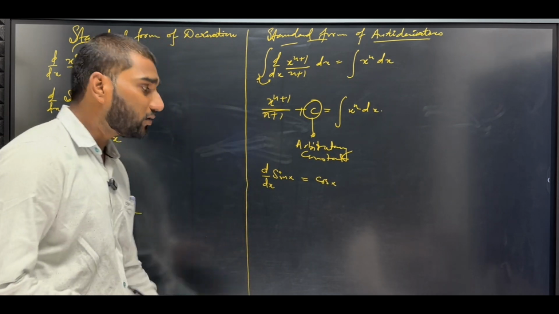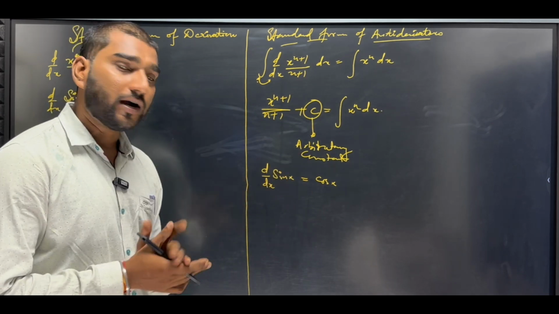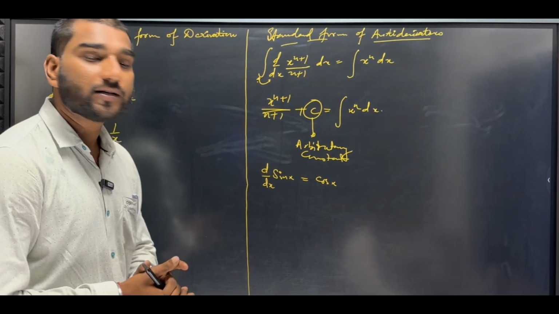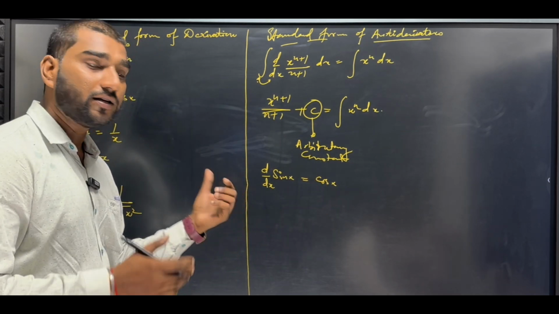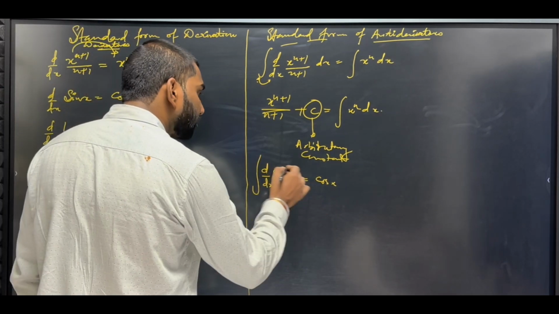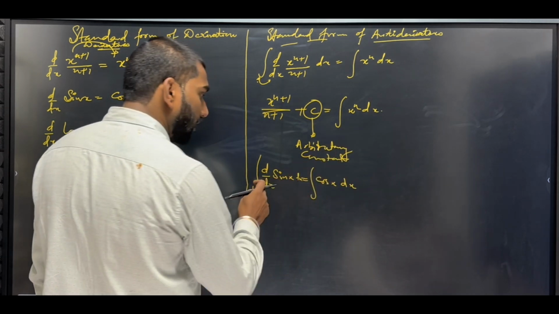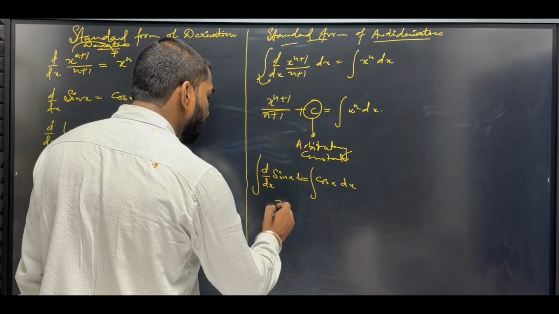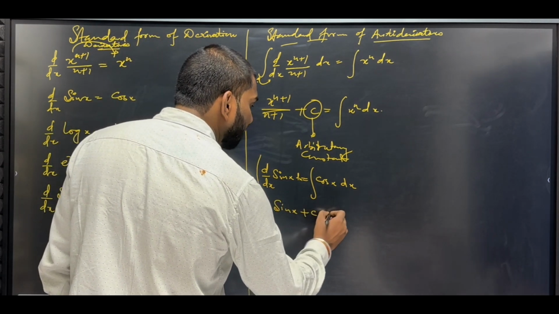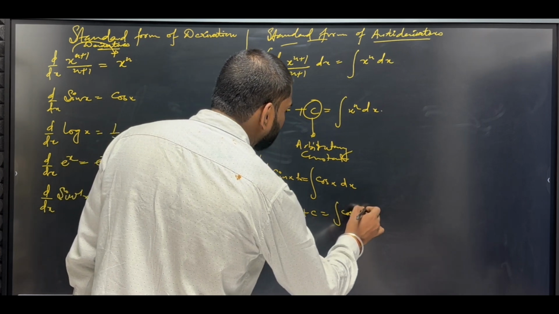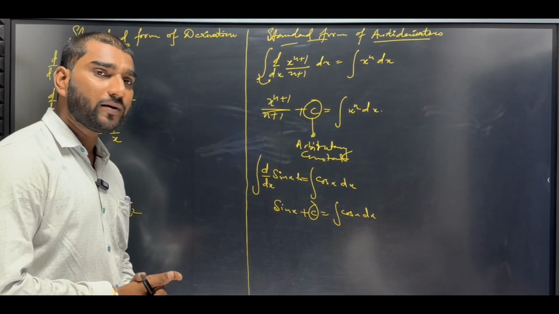Again, we want to find out the derivative part of cos x. This is the derivative part: the derivative of sin x is cos x. How can you change the derivative part into the antiderivative part? Then again we introduce dx, and this will cancel out, and sin x plus C is equal to the integration of cos x dx. Sir, again you put a C over there. Again you put a C, that is called the arbitrary constant.